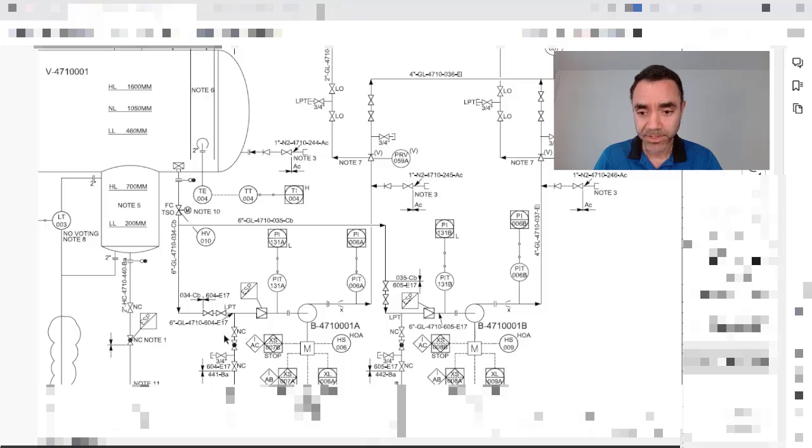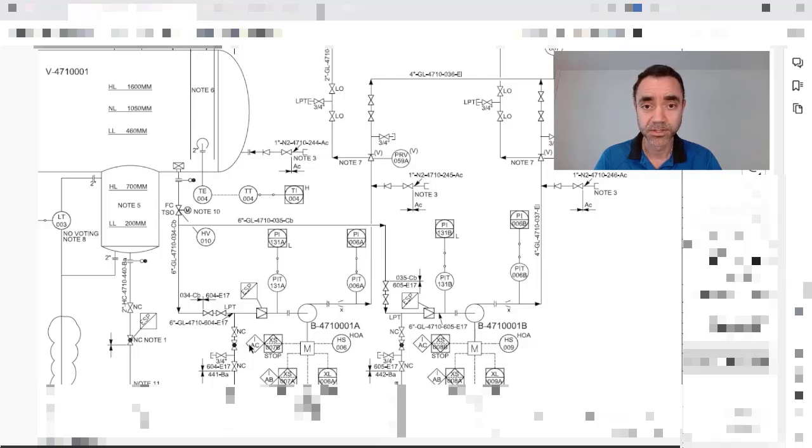In this case, there is a gate valve. The most common symbol for the gate valve is this one, preceded by a globe valve. And I have a globe valve because my system has a higher pressure than the blow-down system. So to control the amount of flow and to have a higher pressure drop, I have a globe valve here in series with another gate valve. Verify that the nomenclature NC usually means normally closed.